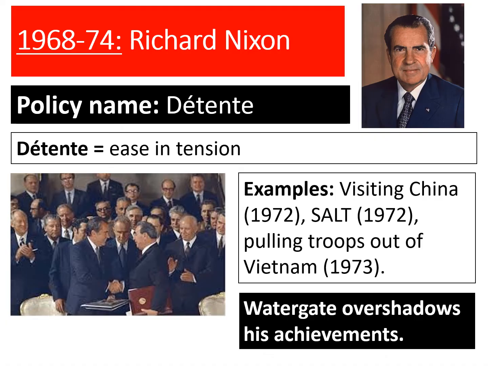Of course, all of this is overshadowed by the Watergate scandal, in which it's revealed that he was spying on the Democratic Party and the Watergate offices were bugged so they could hear what their strategy was. That in itself was dodgy, and then of course he lied about his involvement. He fired people, he basically threw his advisors under the bus in order to protect himself.